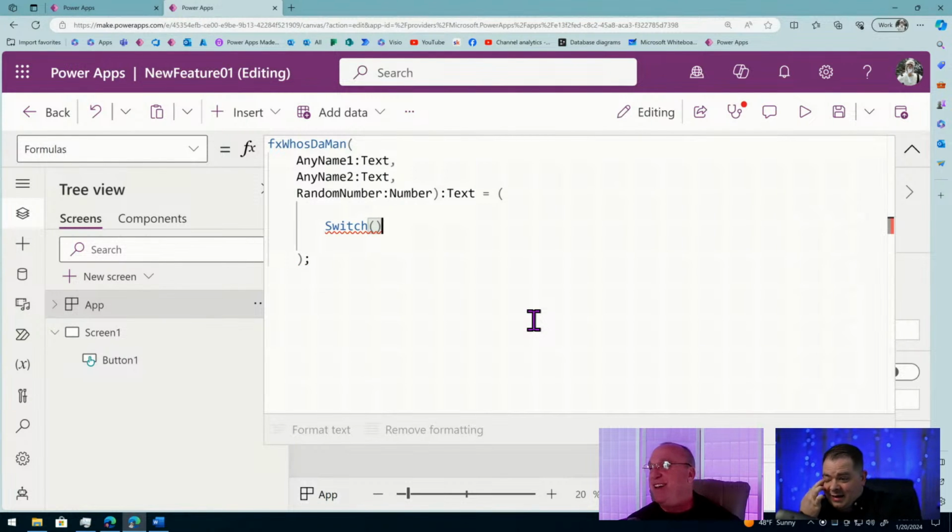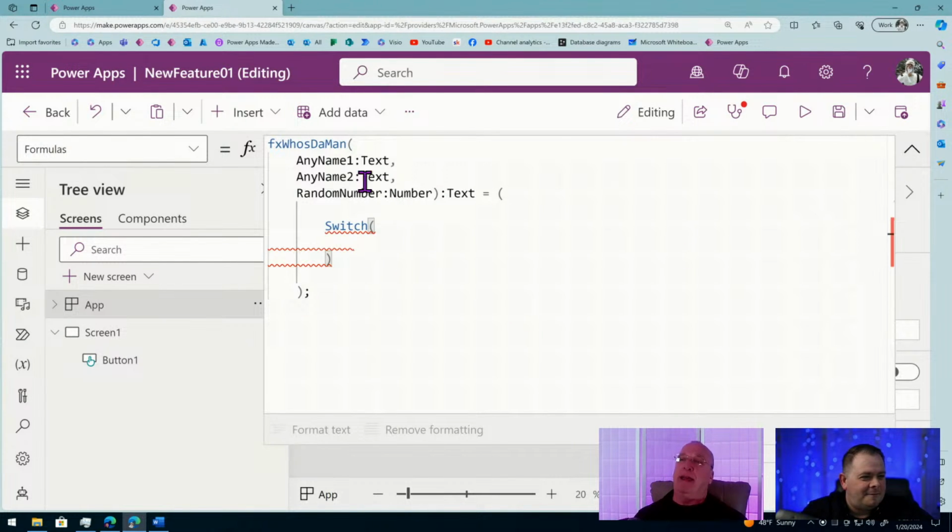A switch is like a complicated if statement, right? Usually my rule is if you have to do more than two nested ifs, do a switch. But in our case this is really a simple thing, but I didn't know if you wanted to try the archaic switch way. No, I think this is good because we can make this more and more complicated, or add all kinds of different values in here. So we have three parameters being passed in, and I want to look at this random number.